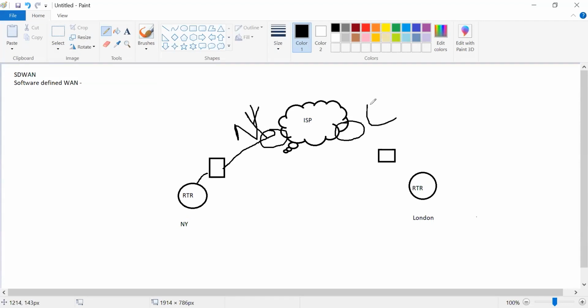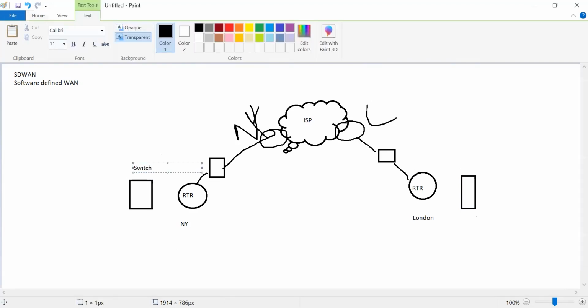Okay. And in London, we also have a router. It is also connected to a router at that place. So in the usual topology, what happens? We have switches in the LAN. So you can just think that this is the usual infrastructure that you may see in your office at usual